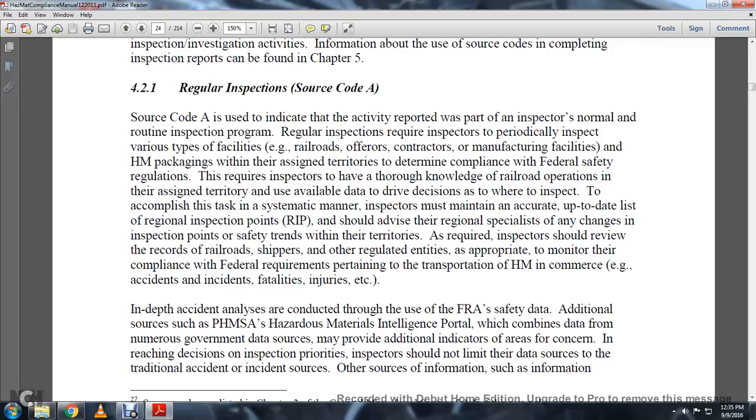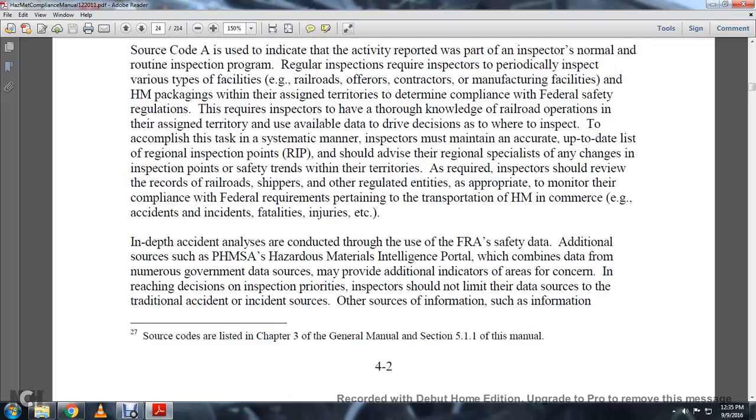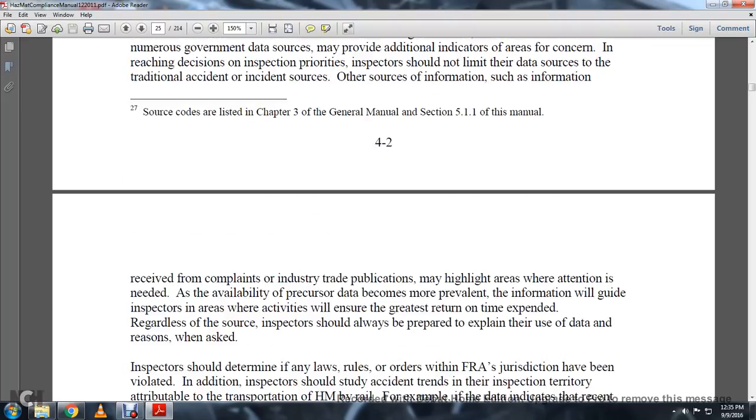An additional source is the Pipeline and Hazardous Materials Safety Administration hazardous material intelligence portal, which combines data from numerous government data sources and provides additional indicators of areas of concern in reaching decisions on inspection priorities. The inspector should not limit the data sources to traditional accident and incident information; other sources, such as information received from complaints and industrial trade publications, may highlight where attention is needed as precursor data, because the relevant information will guide the inspector to areas whose activities will ensure the greatest return on the time